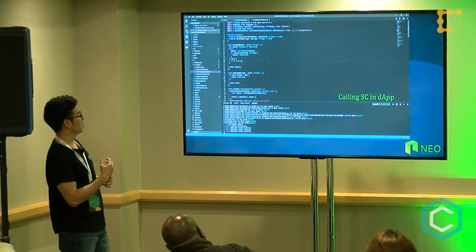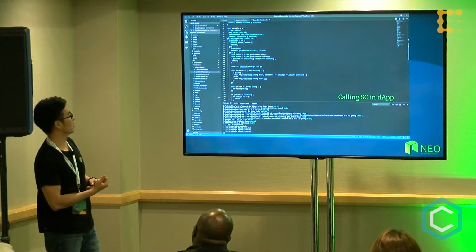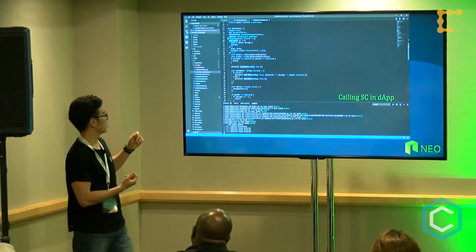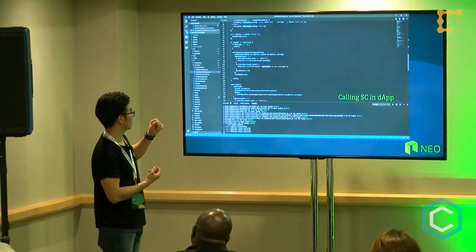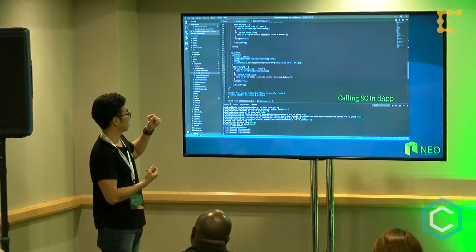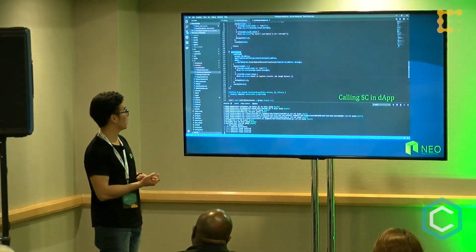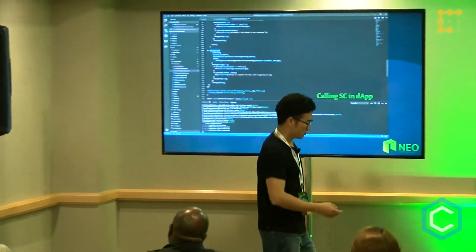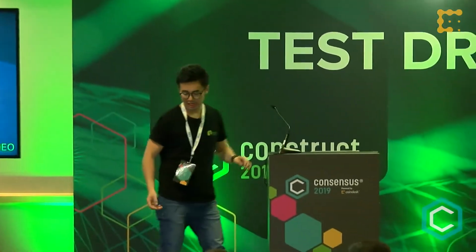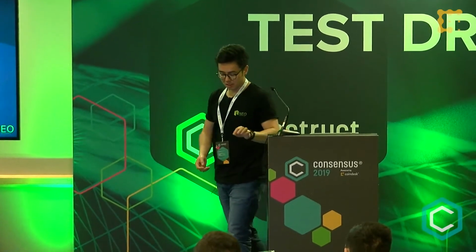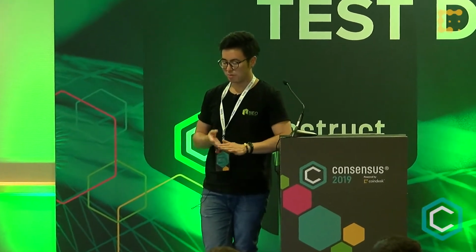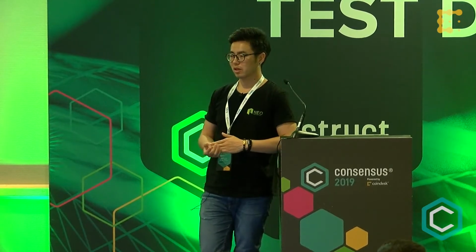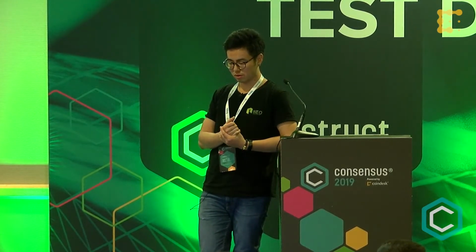You are going to call that smart contract's specific functions. Here is the smart contract in contribute, and it's going to transfer token from one NEP5 token. And then eventually, the beneficiary can collect the token that was contributed towards him.